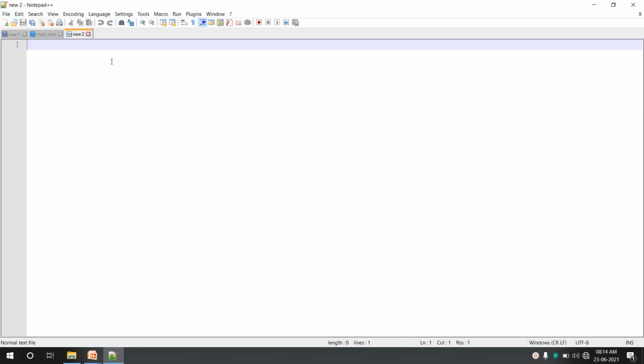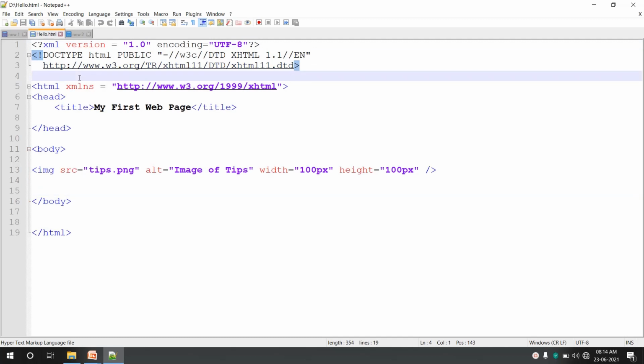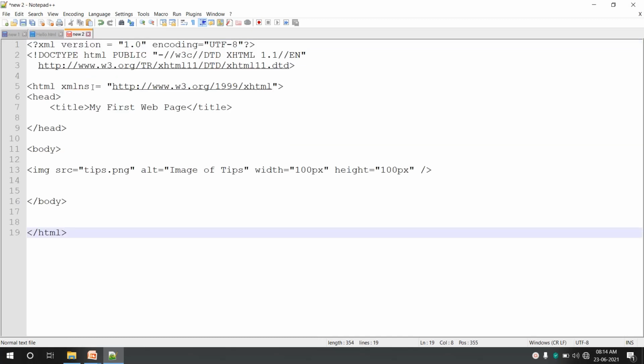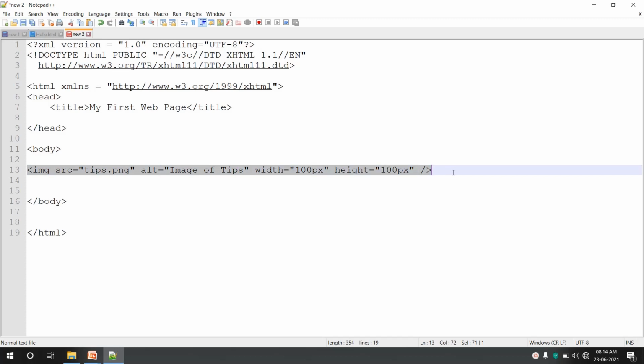Okay, I will just copy the skeleton or structure of our XHTML from the other file. The content which I want here is a hyperlink, so I'll just remove the link or image from this. Now what exactly I want to do is, from this new web page which I have created, I want to link to the earlier web page which we have created, that is hello.html.